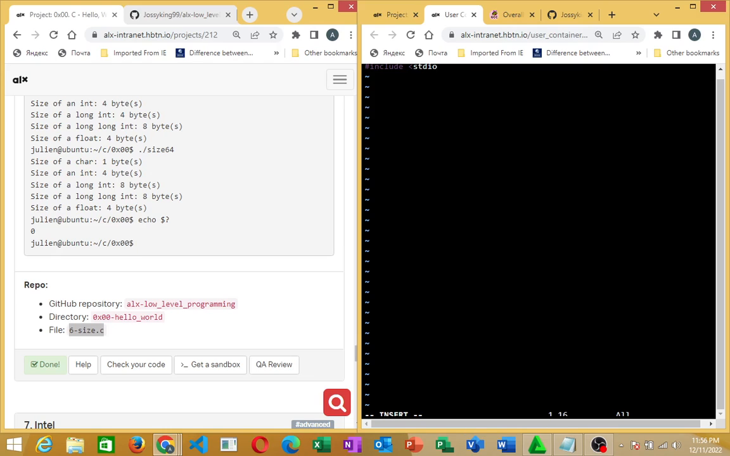Then .h, to show it's a header file. Then we put in our documentation. It should be double documentation. Then we are going to write. We should have our main